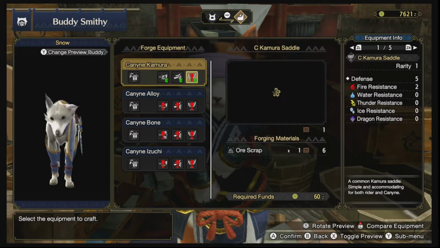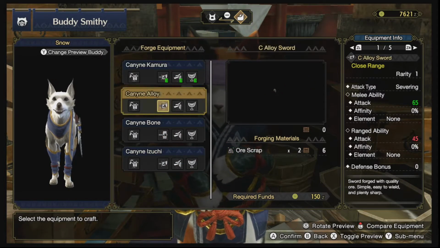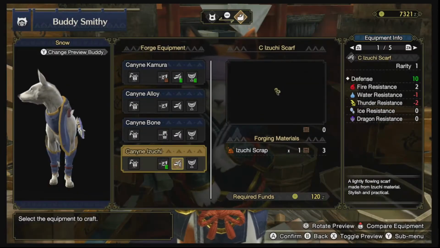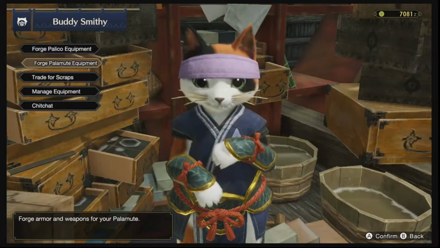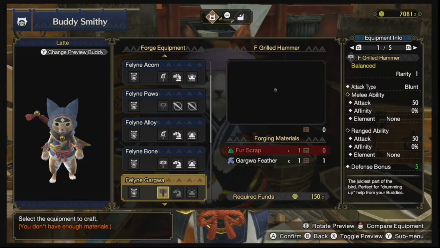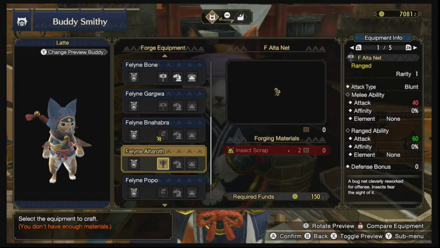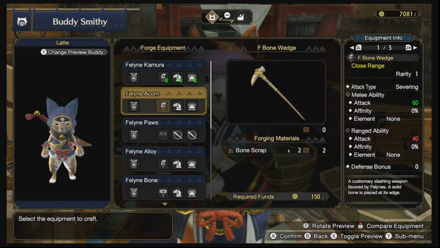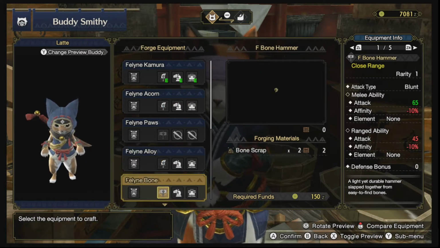Now, I'm going to personally start with Palamute equipment, because the Palamute is just the more aggressive and helpful little buddy, so he can match me. Well, she can. Snow is sweet. Our Palico, well, they'll probably be fine with just about anything. I would love to have this, because paralysis is awesome. But I don't have any Banbara scrap currently. So I think what I will do...